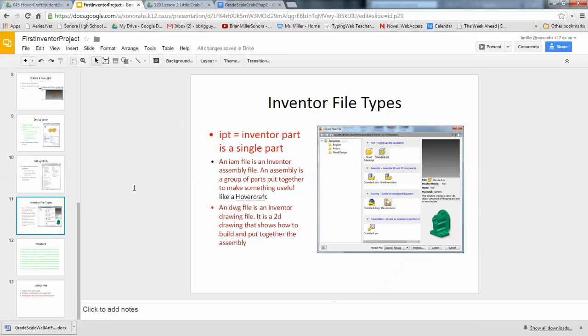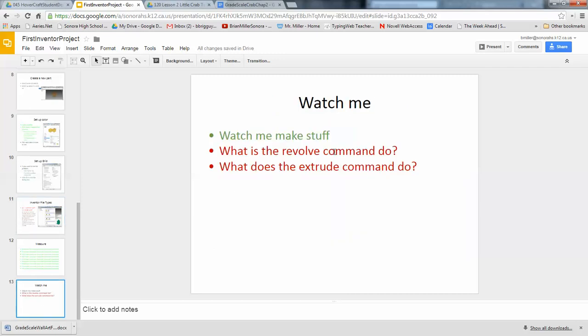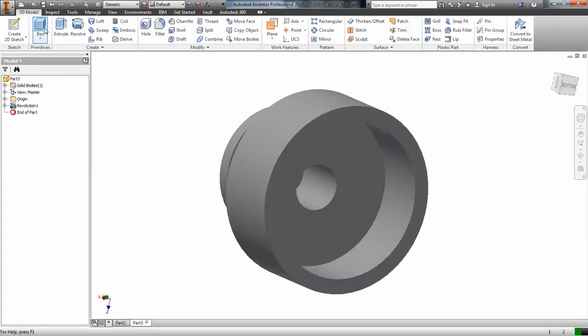Okay, so now before we're done, you got to take these notes. So we learned about what these parts were, and then you have to learn about this. What does the revolve command do, and what does the extrude command do? And in order to answer the extrude, I actually have to show you extrude because this is another way you could have done the same thing. So what we're going to do is we're going to make a new